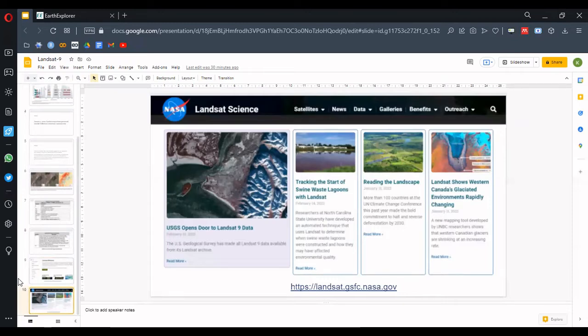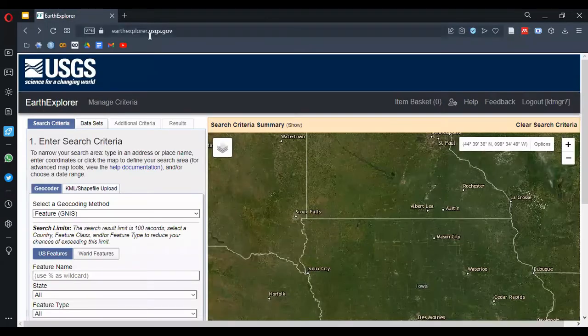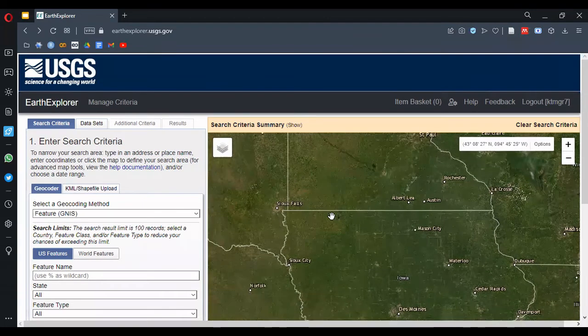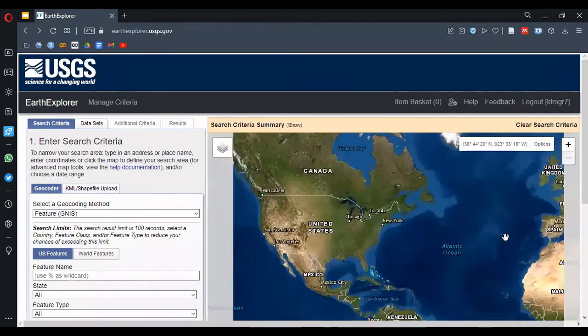Downloading Landsat data from EarthExplorer is easy. EarthExplorer is accessed at earthexplorer.usgs.gov. We need to make an account and be logged in, which I have already done. We have 4 tabs on the left side. Beginning with search criteria, there are different ways to go to the location. We have the interactive map here, and